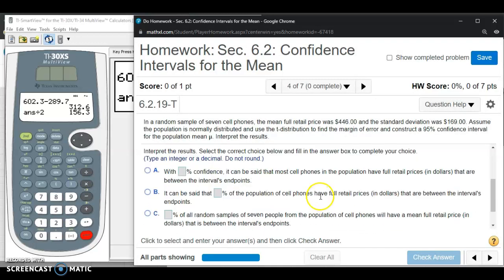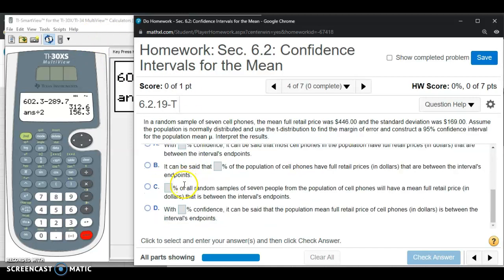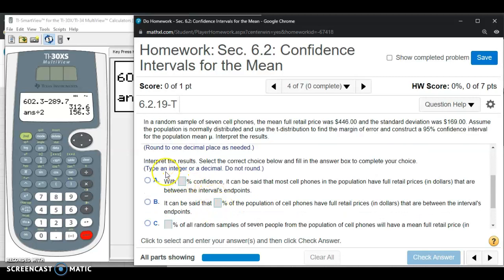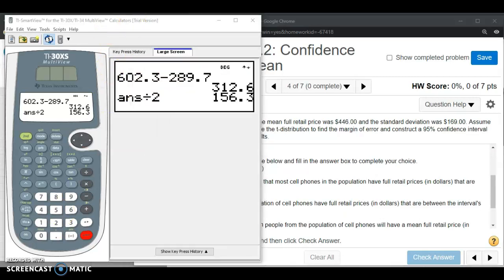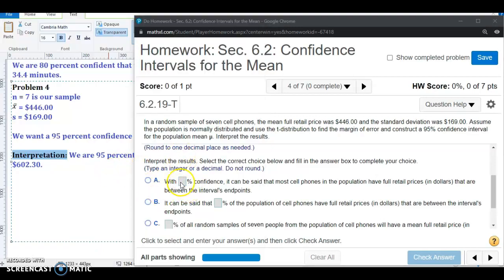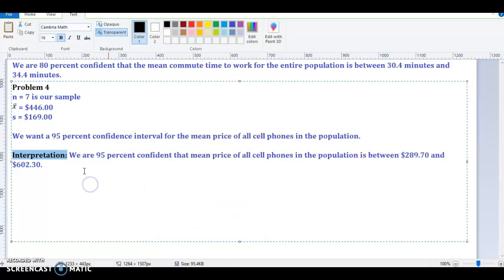Okay, so then once we have that, we want to select the answer choice that best represents the interpretation, and it looks like we're going to have to fill in some of these boxes. So really quickly before I select the correct answer choice here, I've written out the interpretation that we're looking for. Here it is: we are 95% confident that the mean price of all cell phones in the population is between $289.70 and $602.30. Any good interpretation of a confidence interval includes the confidence level, which is this piece here,